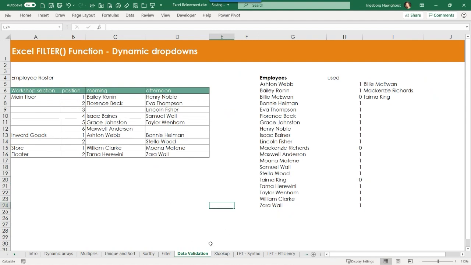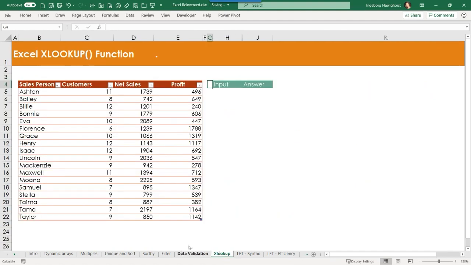This was the section about the new dynamic array functions, sprinkled in with a few infos about what else you can do with how regular functions can behave like dynamic arrays. The next one I would like to show you is the XLOOKUP function, which was released earlier. So typically we would use VLOOKUP or we would use index match. VLOOKUP has